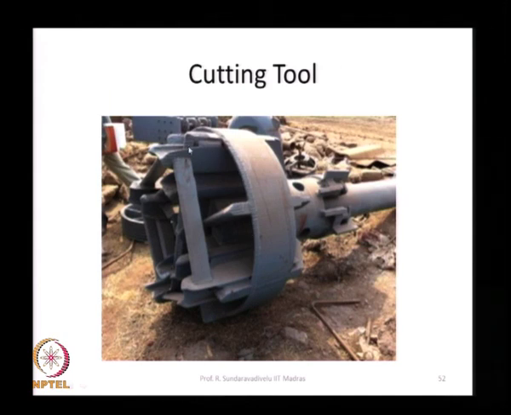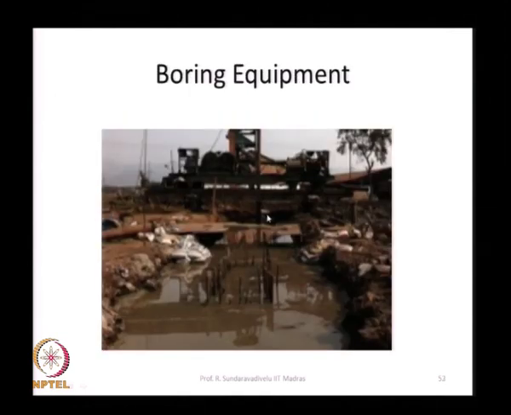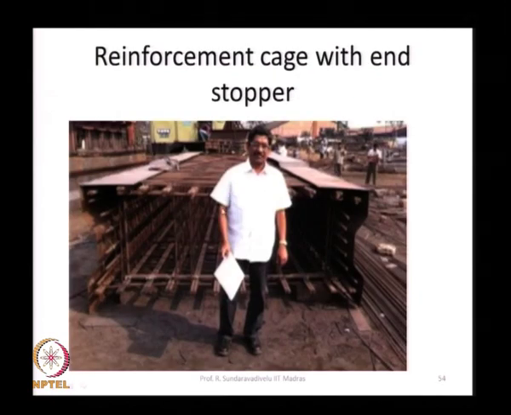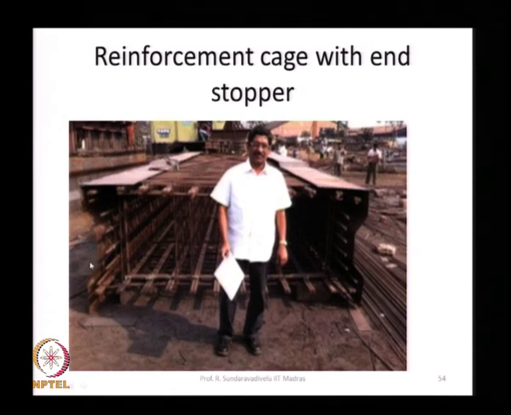This is a tool which is used to cut the pile, to bore the pile. There is one moving trolley here, this is used with the tool along this direction to cut for diaphragm wall. This is the engineer who is standing just to show how the reinforcement is. So, this is your reinforcement in the anchor wall. This is the shape which we are giving for the anchor wall, not a rectangular thing. We have given some plates here because the soil was collapsing. To avoid the collapsing, they have put some steel plates as a shuttering built along with the reinforcement bars.